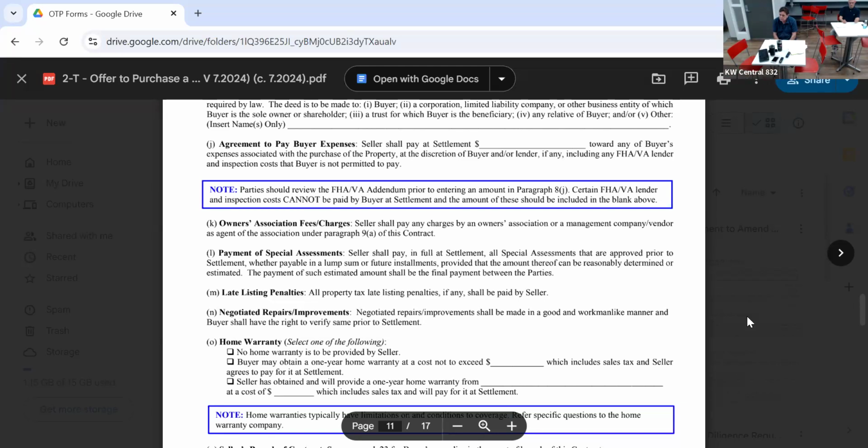We're down to the day before closing, and these 4 windows were supposed to be replaced and they haven't been replaced. And by the way, they're on back order, so it's going to take 2 weeks for them to come in. So at that point in time, the buyer can say, okay, well, I'm willing to wait